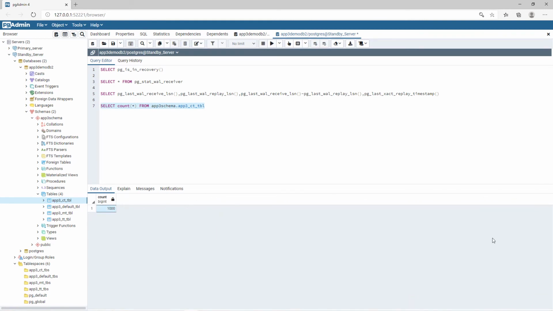With this I have completed my physical standby setup with the synchronous replication mode. Along with that I have created a physical replication slot. Especially these replication slots are required for asynchronous replication. Even if you create a replication slot in synchronous replication, it will only be an advantage. It will not impact anything in your setup.